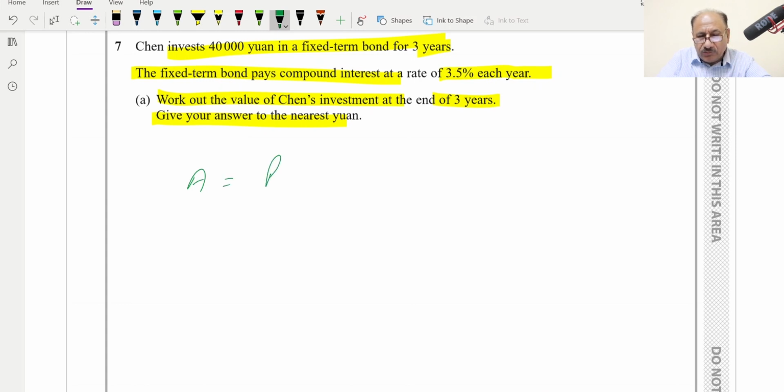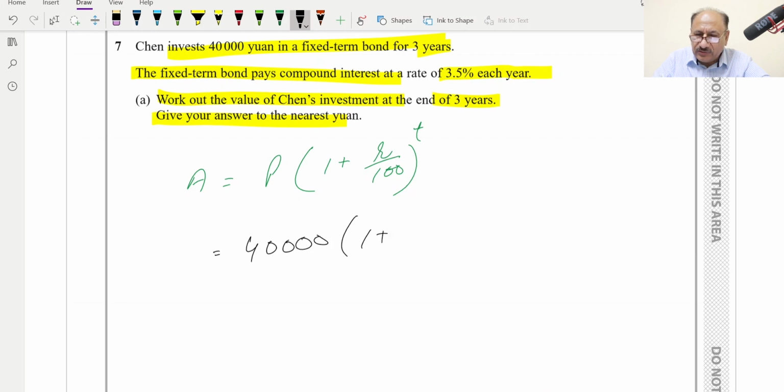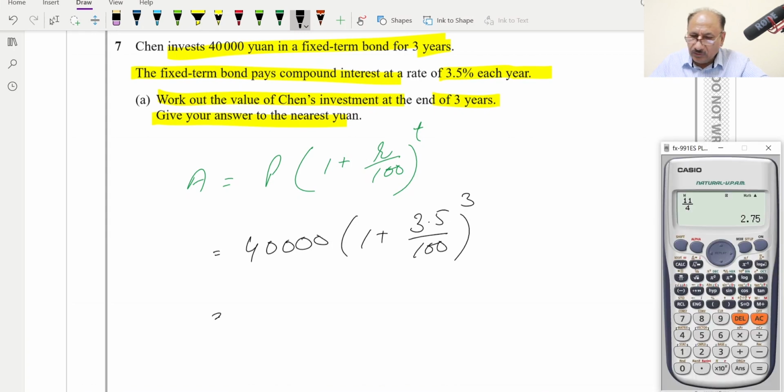A is equal to amount is equal to principal amount into 1 plus rate over 100 raised to the power time duration, and this will be equal to, we can write, investment principal amount is 40,000 and 1 plus rate is 3.5% and term is 3 years, so we can calculate this, and this will be 4 and 4 zeros, and 1 plus fraction 3.5 over 100, and bracket will be closed, and this is equal to